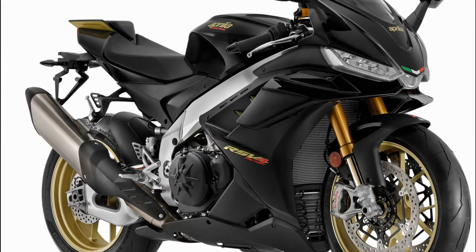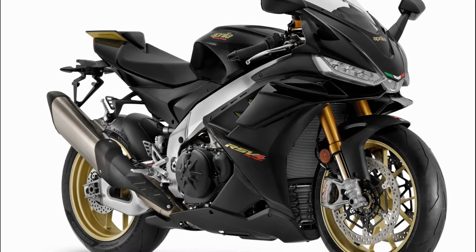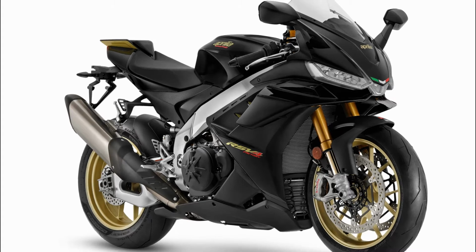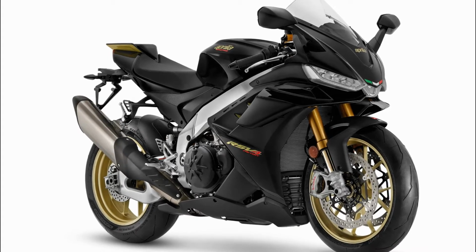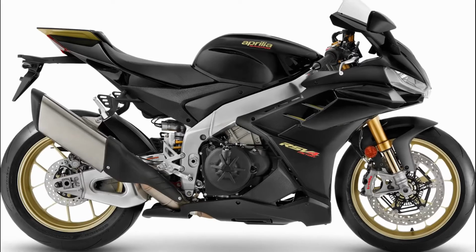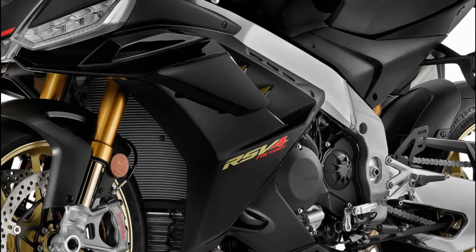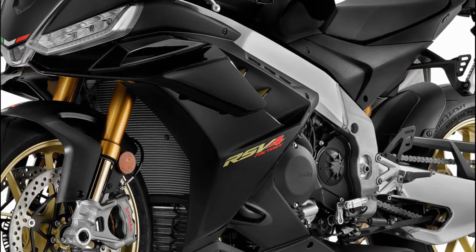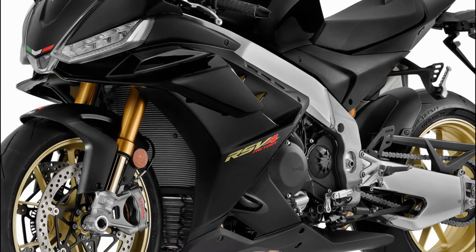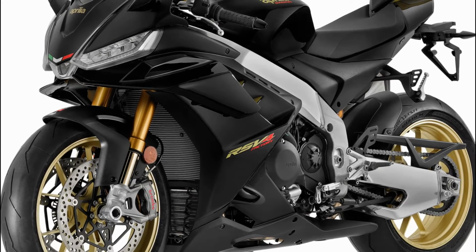A bigger TFT dash gives you more visual real estate to control Aprilia's Performance Ride Control (APRC) system, utilizing a new Marelli ECU and 6-axis inertial system for added computational assists depending on your rider modes. The Factory edition also brings lightweight forged aluminum wheels, semi-active Öhlins Smart EC 2.0 suspension, and Brembo Stylema brakes to boot. The 2022 Aprilia RSV4 starts at